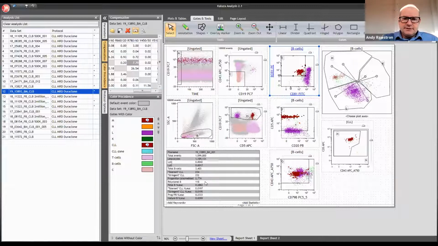So in this situation, the acquisition didn't go so good, which often happens when the sample quality is not so good. But you can clearly see a population of CLL cells there. So it's certainly difficult to know what to do. You can't make a statement about every sample. Each sample has its own set of conditions that may really vary as to whether you feel comfortable